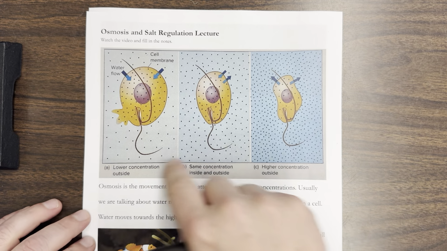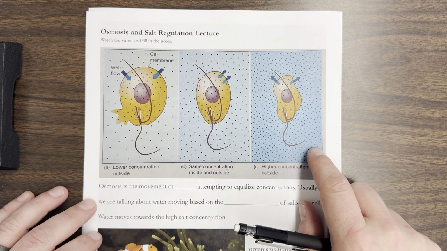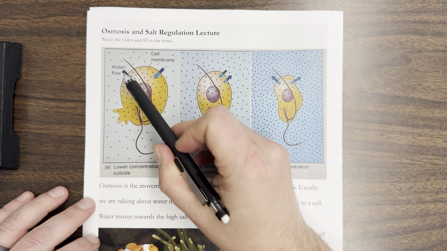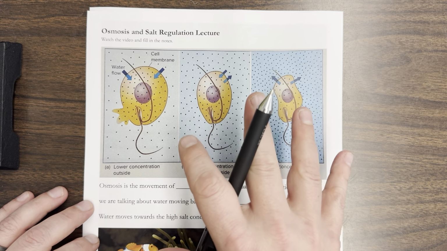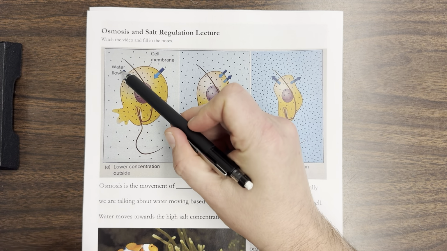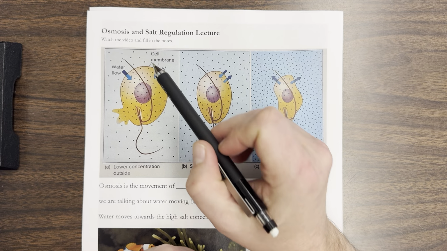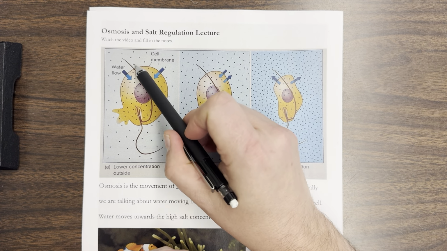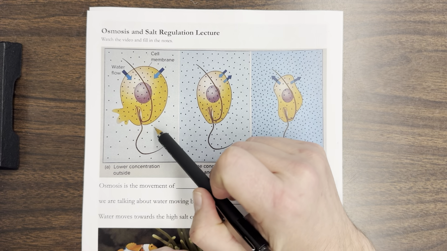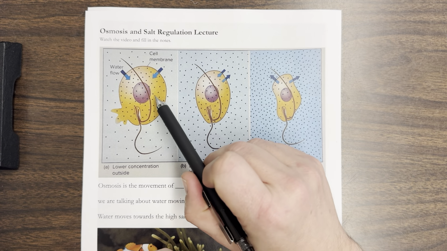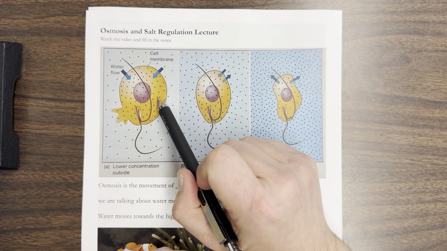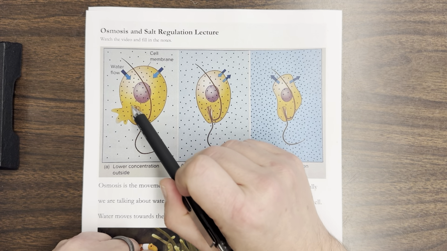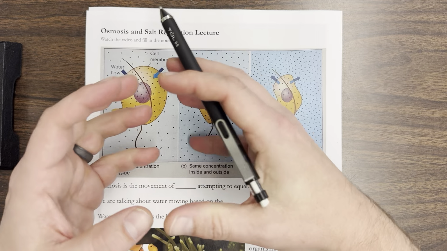All right, so first here I've got a diagram of osmosis, and what you see with osmosis is water is going to move into, so we're just talking about osmosis with water and salts. Water is going to move into an area where there's a higher concentration of salts. That's what all these dots are. The dots are the salt concentration. So in this particular cell, there's a higher concentration inside of the cell, so the water moves in and the